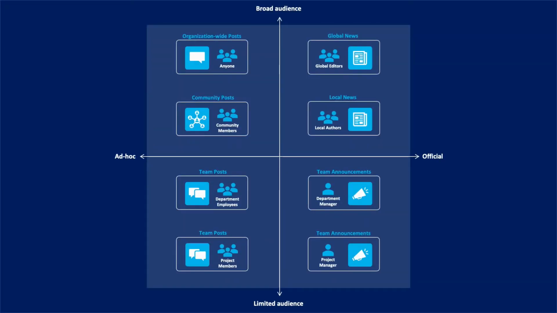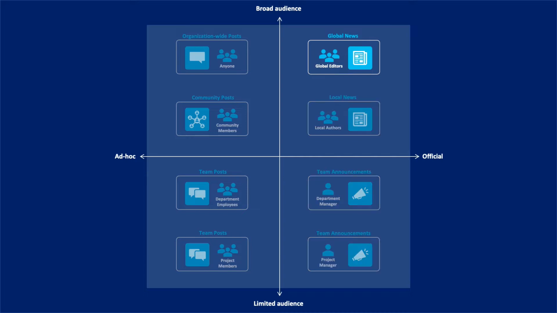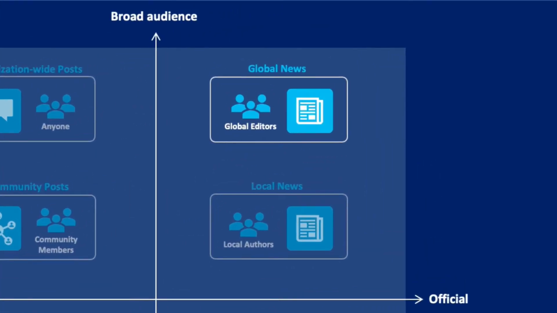But before we dig into the details, we would like to introduce you to an information model that can help you identify different types of news that you probably want to support in your solution. On the right-hand side of the model, we find all official news in the organization. Official news are created by a clearly defined group of authors and have a clearly defined target group. When it comes to global news, this will probably be a corporate communication department or similar, targeting the whole organization. And when it comes to local news, this could be a local manager or supporting functions targeting a specific business